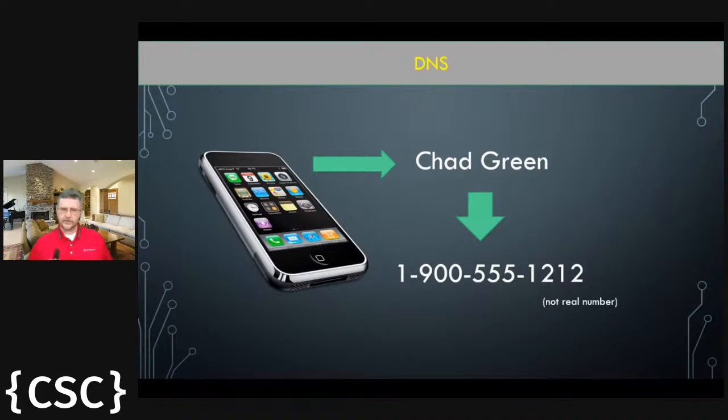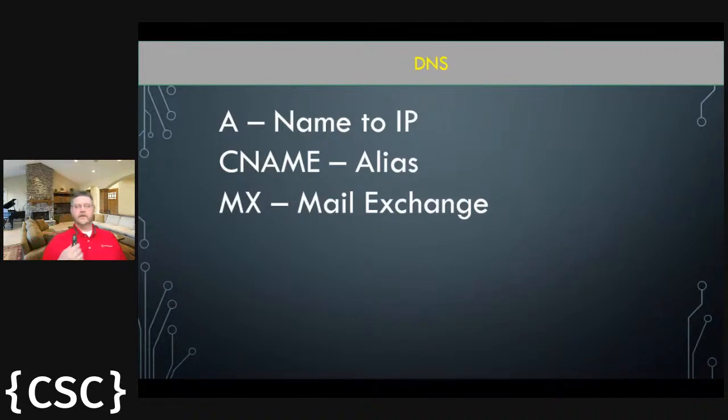Now, with DNS, there are multiple types of entries for that domain to IP address translation. What we're talking about here is the A records. Those are when you translate a name to an IP address. Others are like a CNAME, which is for aliases. You'll know those specifically if you've done www.google.com. The triple W is an alias to the base domain of google.com. You don't have to do it that way. You can do subdomaining elsewhere for other ways, but CNAMEs are for when you do aliases like that.